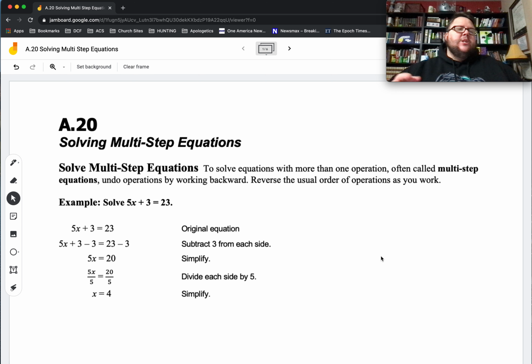Hey guys, day 2 of solving multi-step equations. Yesterday we worked back logically. Today we're going to take it and rewrite the equation and actually solve it using mathematical processes. So to solve multi-step equations with more than one operation,